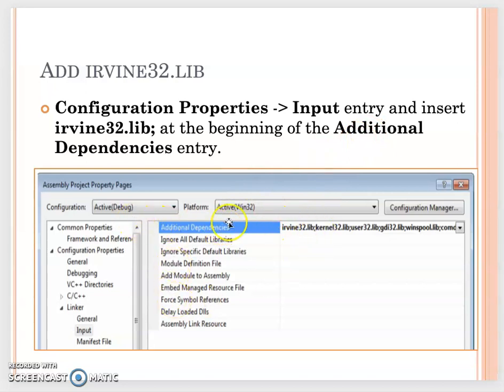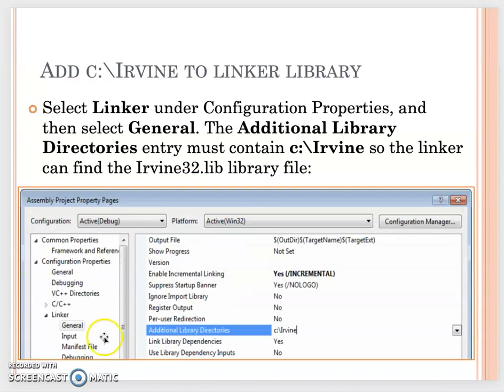Also, you see here under your linker general, you have the additional library directory. That directory is why I asked you to download the Irvine zip file from our Canvas. You need to save that Irvine directory under the C drive. So after you add your Irvine directory under your C drive from your Windows system,